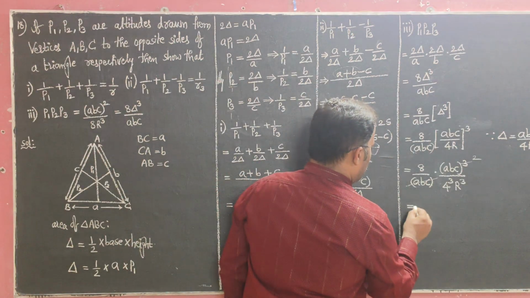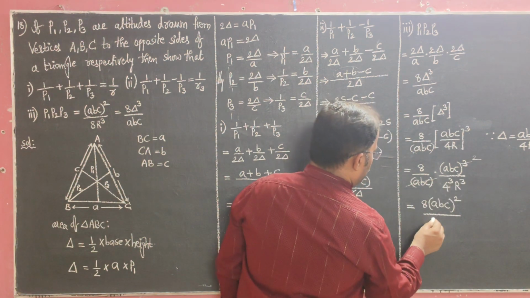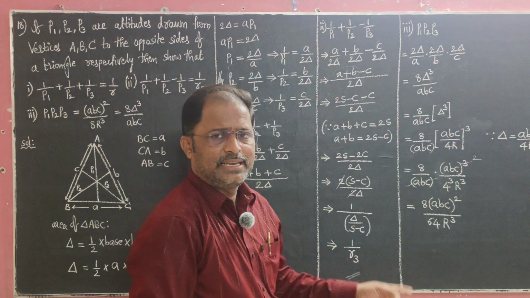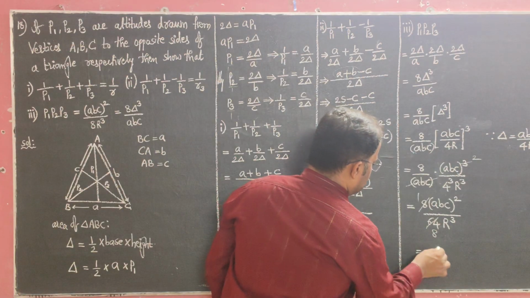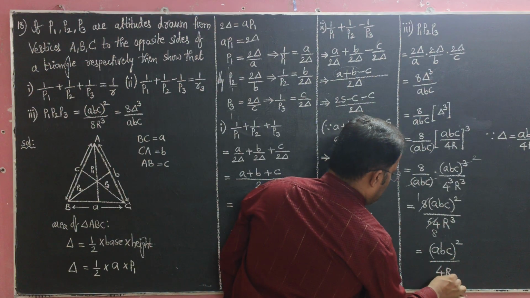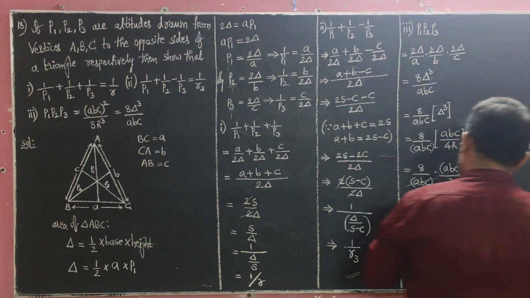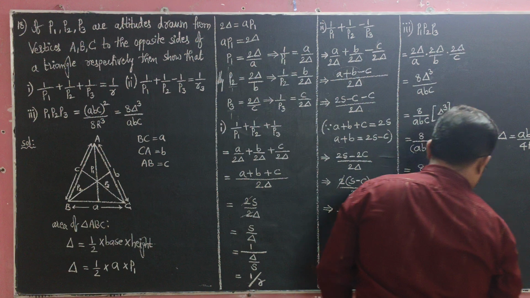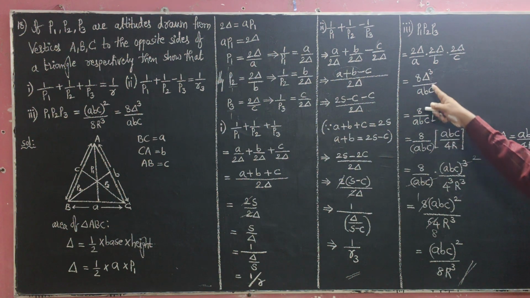Okay, right. Now 8 into ABC whole square by denominator 4 cube means 64 R cube, 4 into 4 into 4. 4 4s are 16, 16 4s are 64. See, 8 1s are 8, 8 8s are 64. Means the answer is ABC whole square by 4R cube. Okay, cancelling with 8, 8 remains here. So ABC whole square by 8R cube is one answer, and one more answer is 8 delta